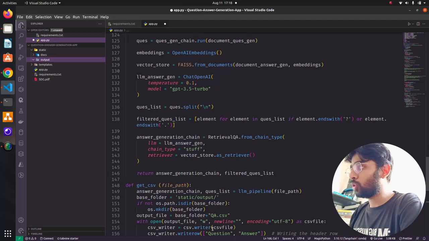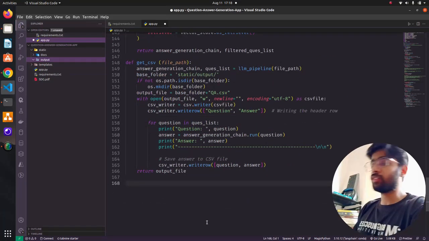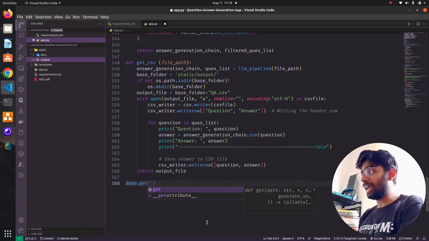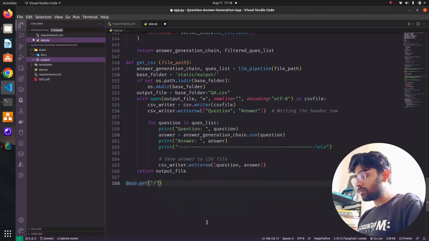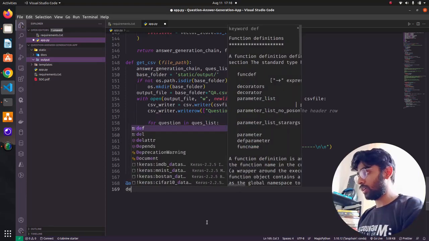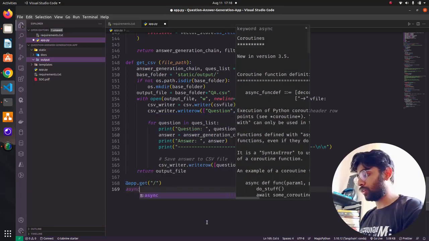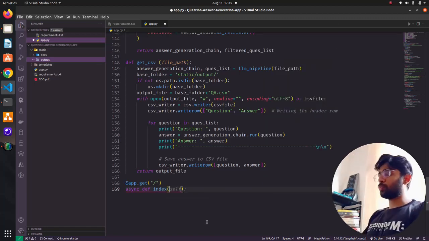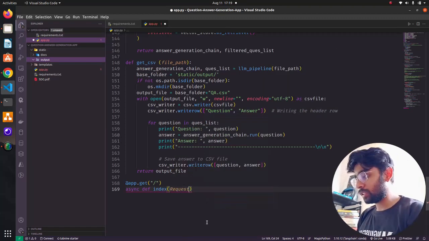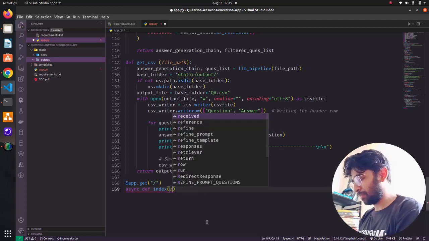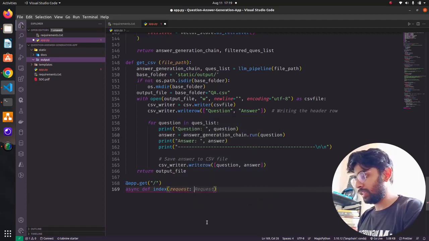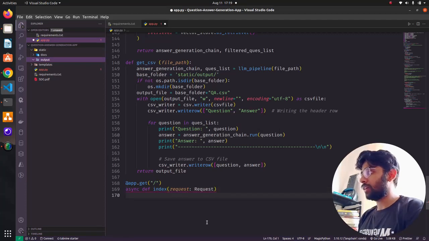Now the only thing we have to do, we have to write the FastAPI code. So let's do that quickly. Couple of functions for FastAPI. The first thing that we're going to do is app get. In this, we're going to use redirect response. So let's use an async function. So async def index, and here I'm going to just pass request. So request, excuse me, it's not capital. Okay, request, and async, colon,